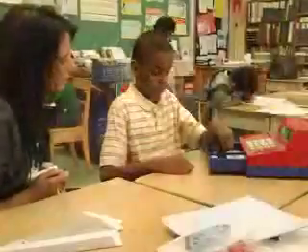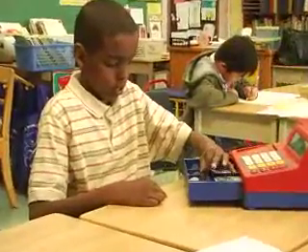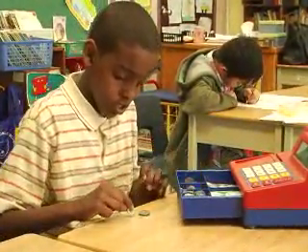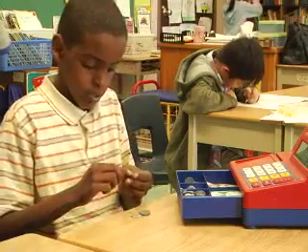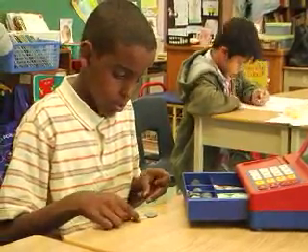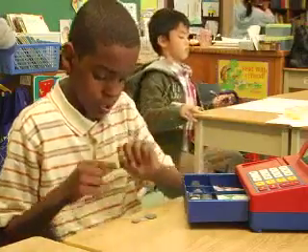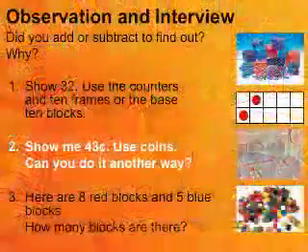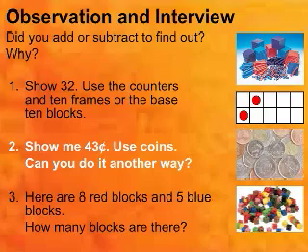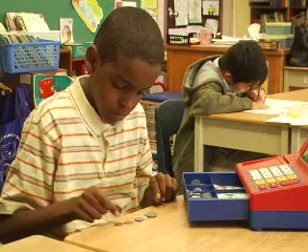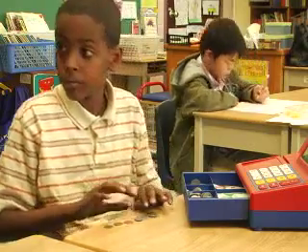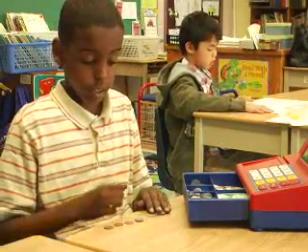So, for example, you might be interested to find out how familiar they are with coins, which is something I mentioned to you earlier, but you might also be interested in finding out how they can represent two-digit numbers. So one possibility is to say, here are some coins, and you can lay out pennies and nickels and dimes and quarters and whatever you want, and say, show me 43 cents. What does it look like? And in that way, you're gathering two pieces of information. You're finding out if they know what coins are worth what amounts, and you're also finding out if those numbers are meaningful to them.